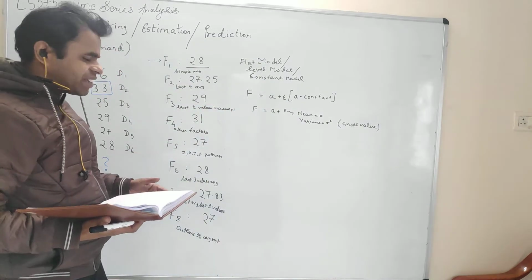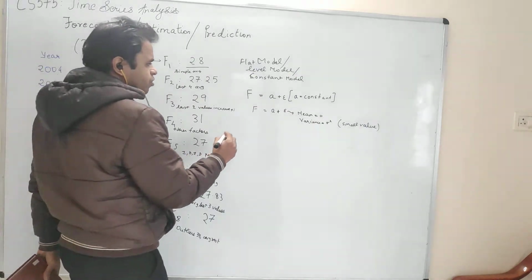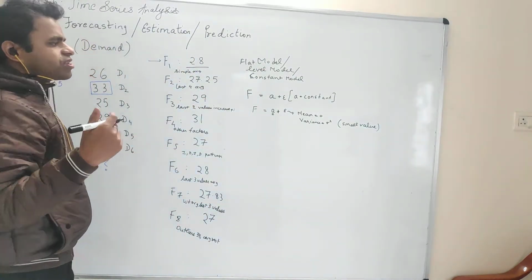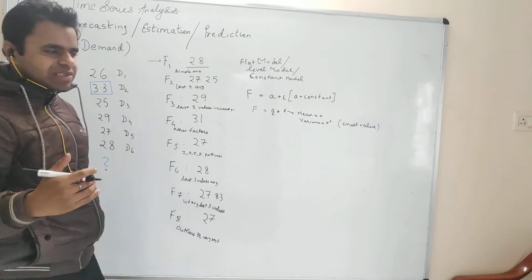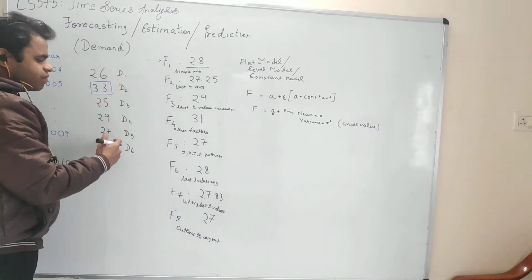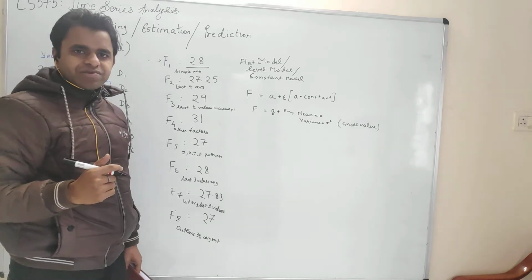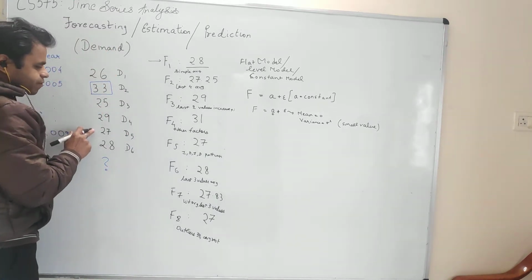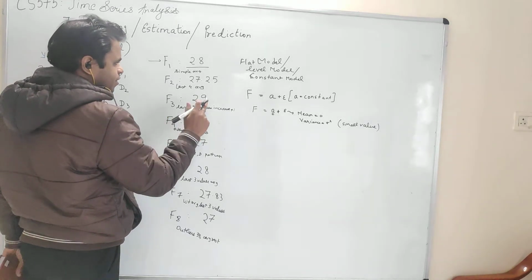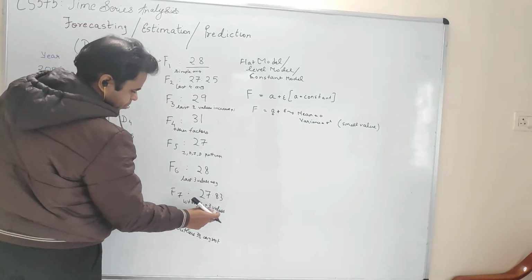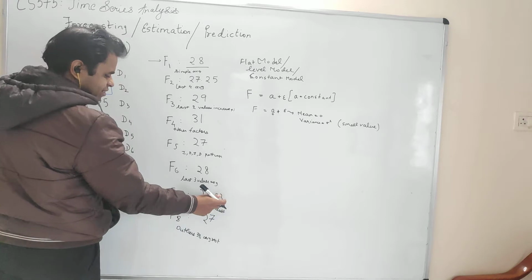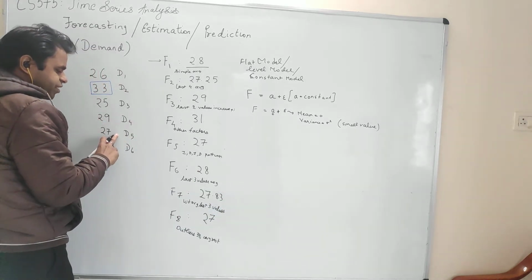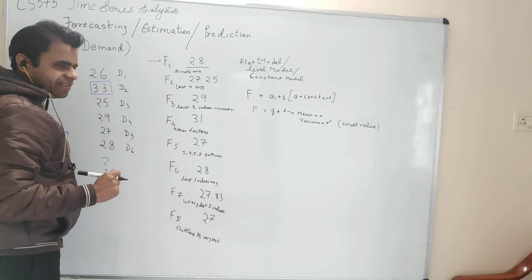Now let us see the other ways to compute A. We have already seen the 8 models. For example, when A is taken as a simple average, what are the advantages? First, we consider all the values. We do not skip any values. We give equal weights to everything. If you remember, for example, the weighted average for the last 3 values, we only take the last 3 values, assign a weight of 1, a weight of 2, a weight of 3 and take an average.